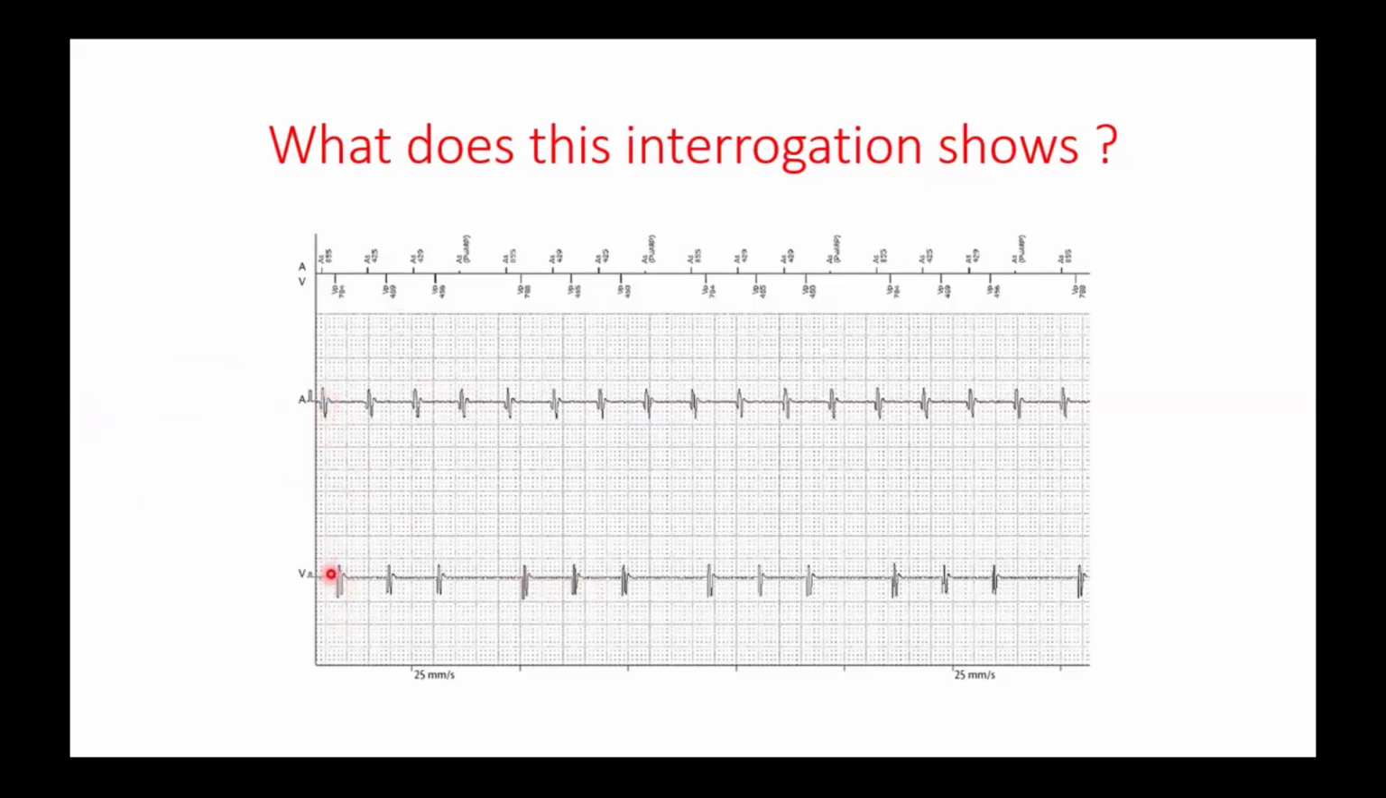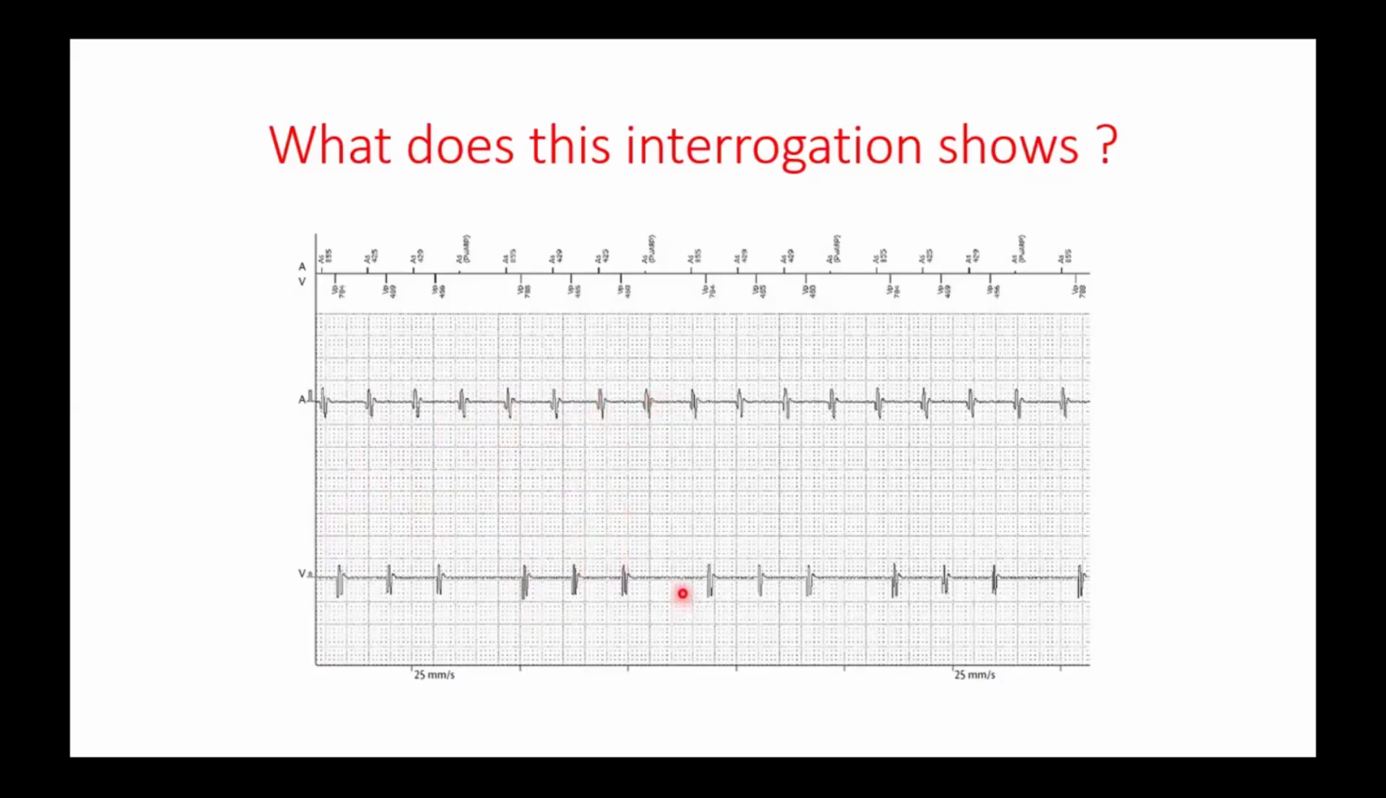The A followed by the V. The AV interval here, you can appreciate that it's about half a square. Here, it's about a big square. Here, it's a big square and one small square. So the AV interval is gradually prolonged. This is an A not followed by a V. And the A again followed by a short AV interval, and the AV interval is gradually prolonged till the A